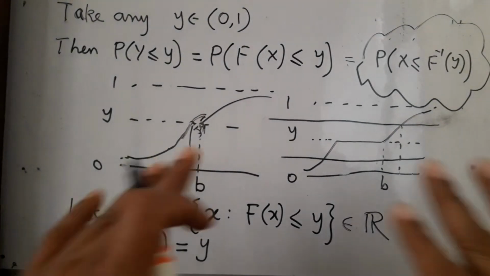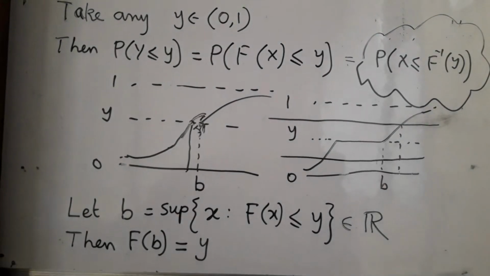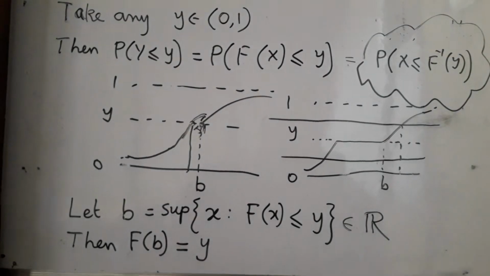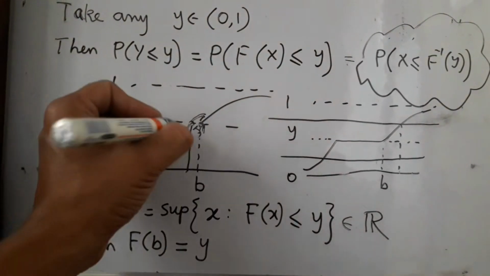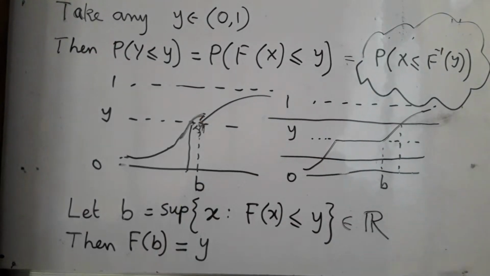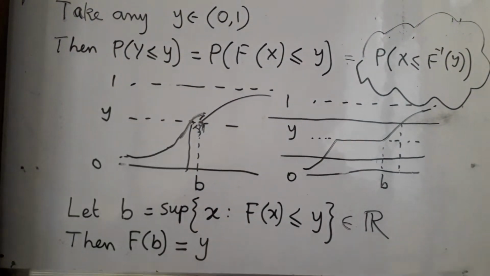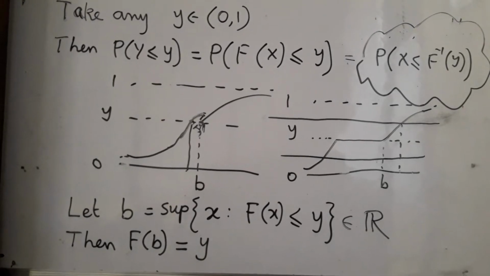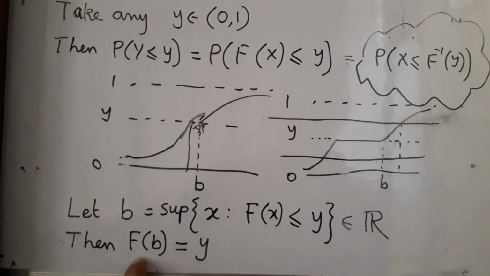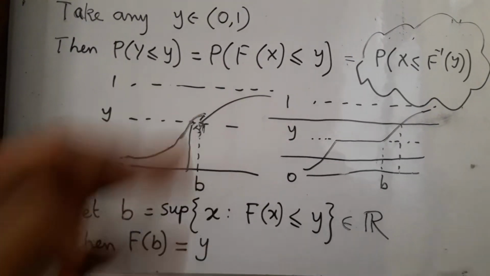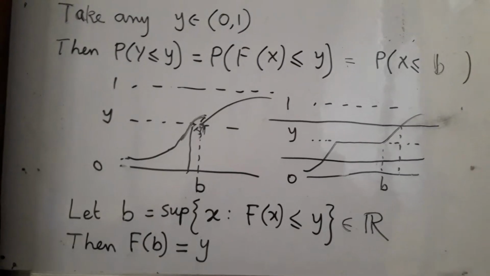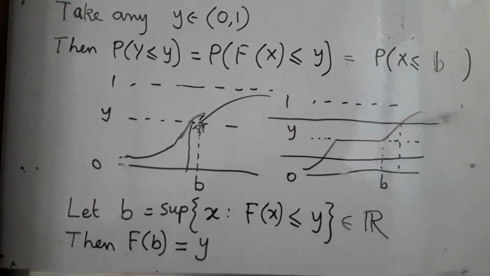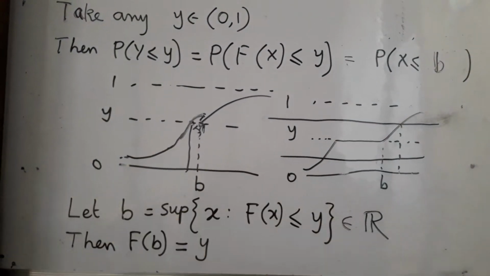I am not writing down all the mathematical steps here, they are already on the class web page. It is more important to be able to visualize it than to play with epsilons and deltas. Try to visualize why going above will cause a problem and why going below will cause a problem. Once you have the intuition correct, look up the web page to see the exact epsilon-delta argument. So the only thing that is left is that F(b) must be equal to y, and now the proof is just straightforward. So now I write F(x) less than or equal to y is actually x less than or equal to b. That's exactly how I created it.